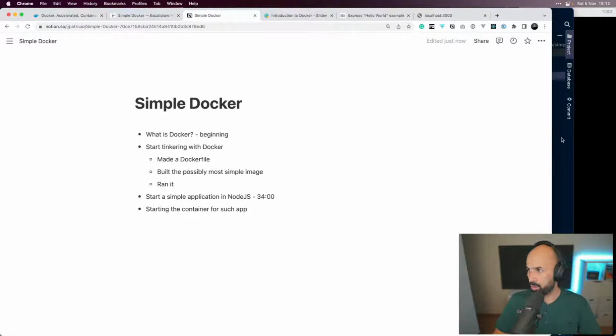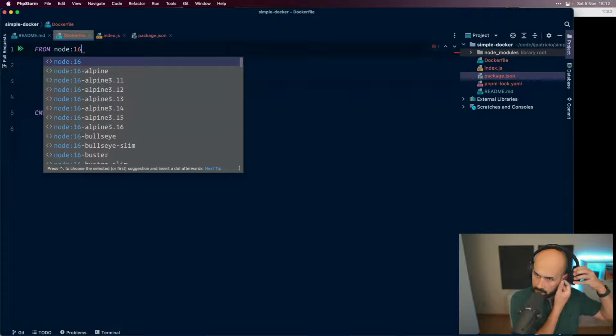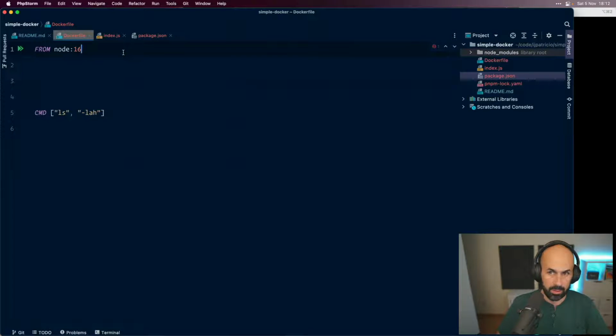Cool. So right now we are going to use another distribution already complete with Node. I'm going to go with the 16. It's not the latest LTS anymore, but I think it's the most popular right now, so I'm going to go with a safe choice with that.